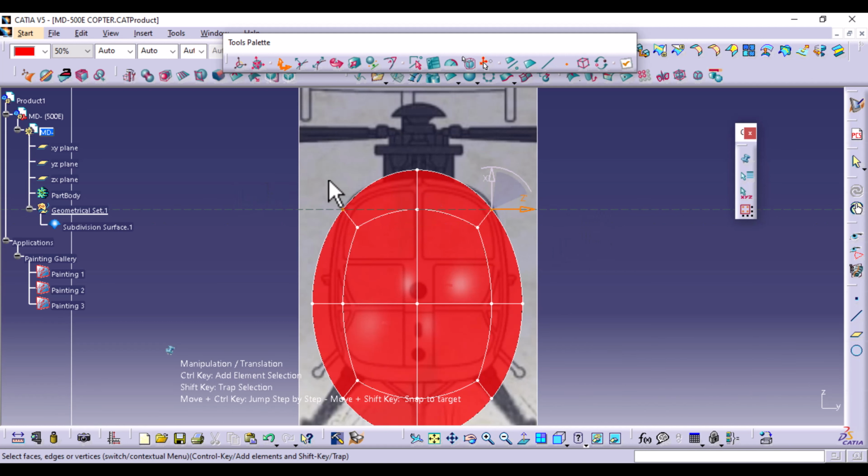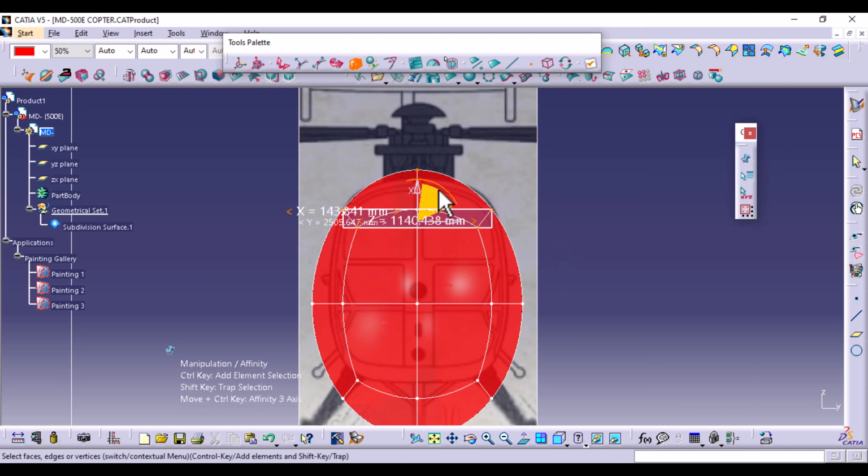Let me repeat that. Start with the shift key, tap select those vertices, then control shift key and tap select those vertices. You can use affinity again for symmetry, so pull them outwards